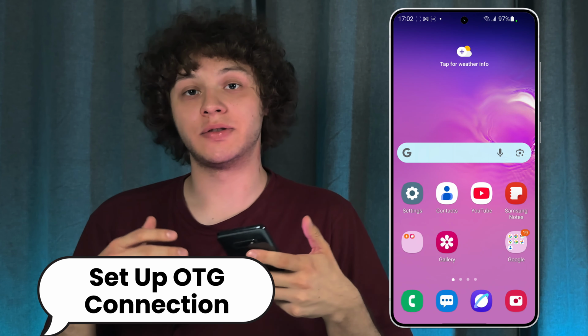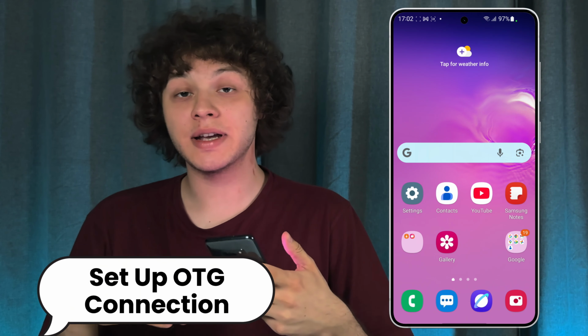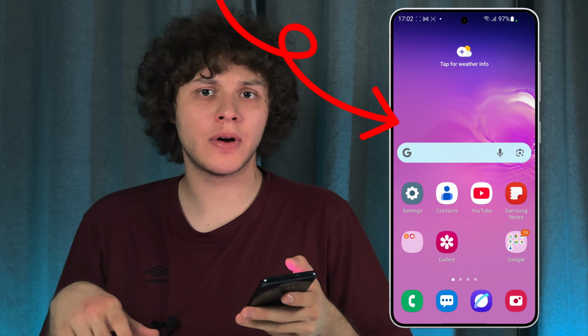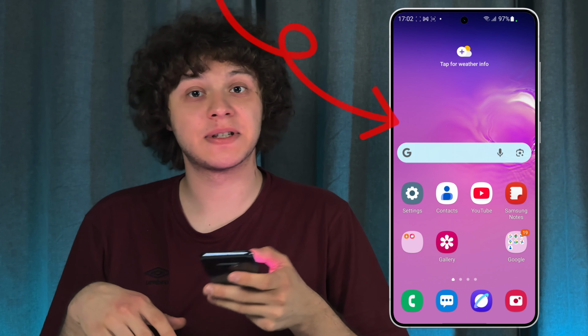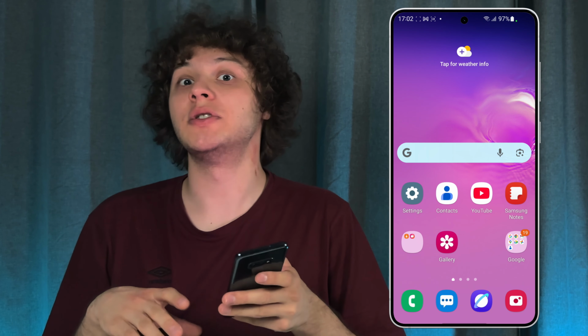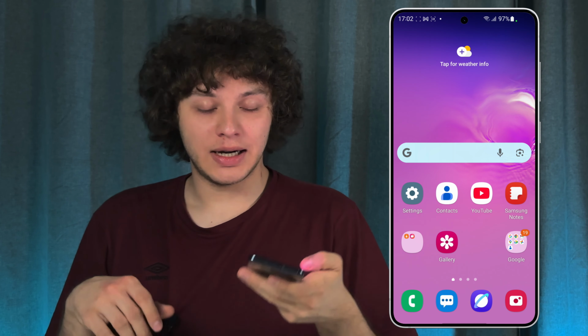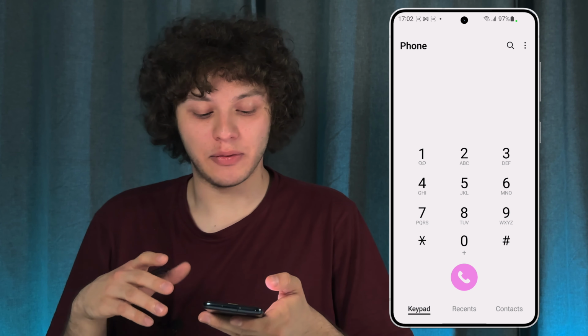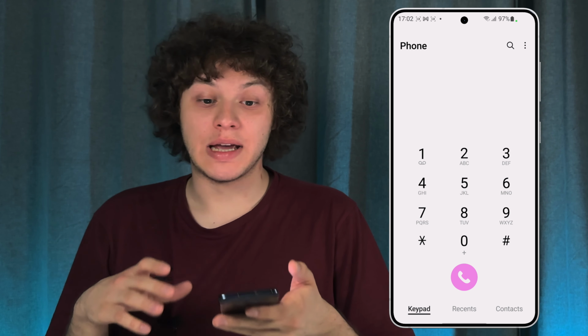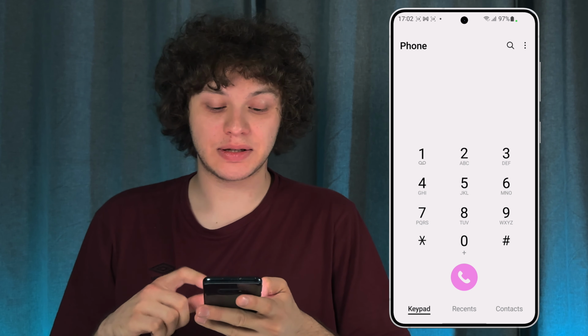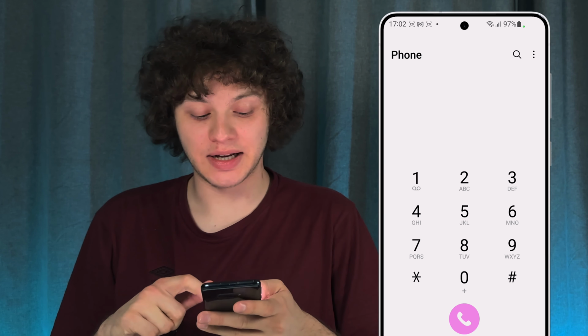Hello everyone. So if you want to enhance your file transferring experience on any Android phone, follow the simple steps. So let's enable our OTG connection. Let's start with opening up our phone dialer app. Then we gotta use our secret code, which sounds like